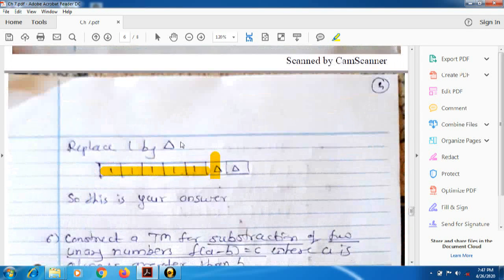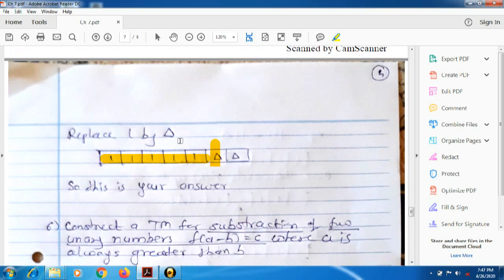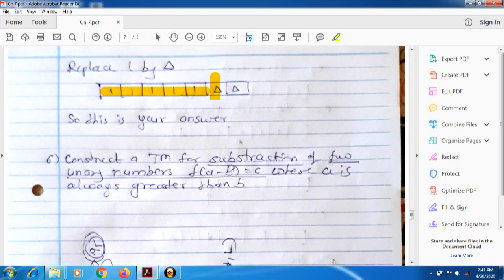Now we will move towards one more example, that is subtraction: the subtraction function with two values a and b. Now we have to follow one rule by default, that the value of a is always greater than the value of b, because we are not solving negative values here; we are considering only positive values in our example. Meaning while drawing Turing machines, up till now we have not considered any negative values, so we consider only positive values, and according to that we have to draw its Turing machine.